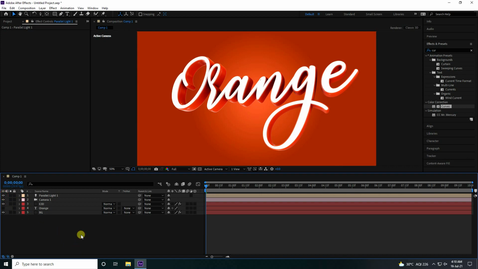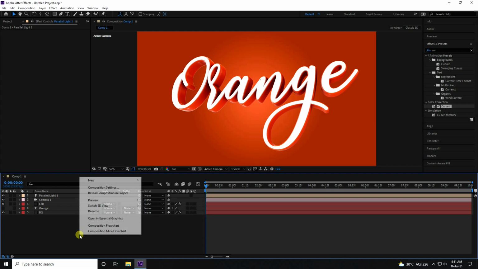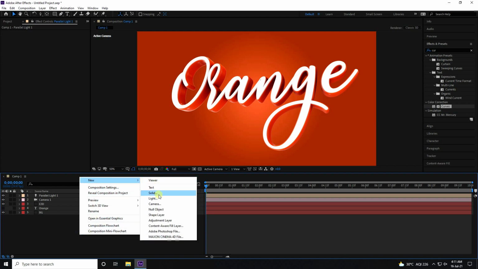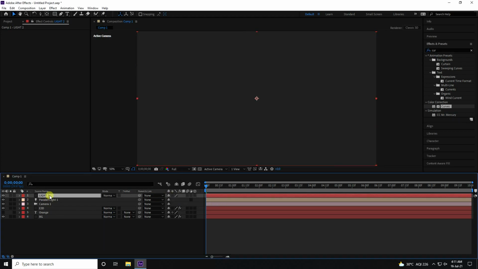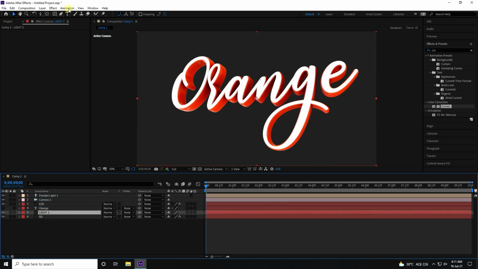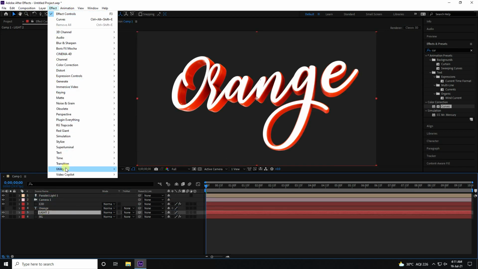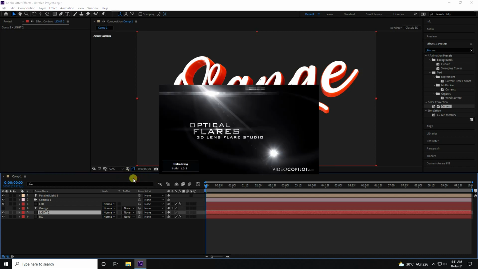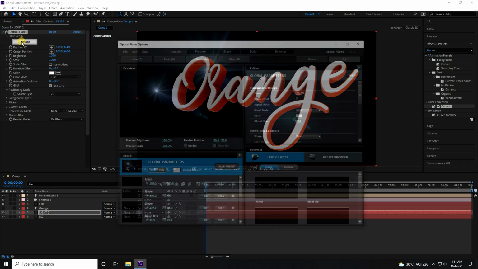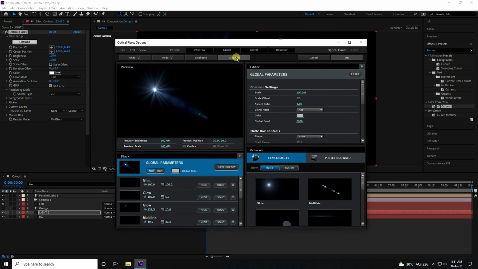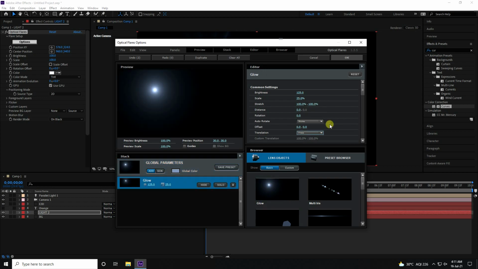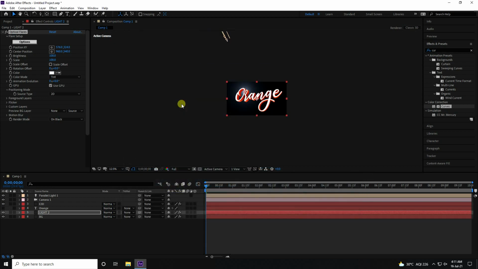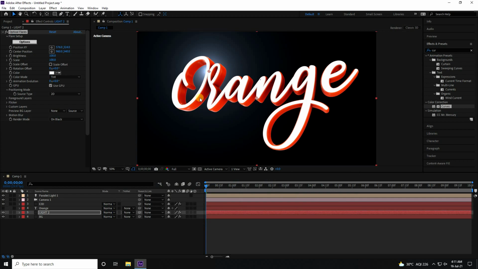Next, I apply an optical light effect. Use this one, new solid, light 2. Press OK. Go here and this time I apply Optical Flares, this one. Click on options, and that's my clear all. Press OK and select this glow light, simple glow. See guys, that's my beautiful stylish gray color.